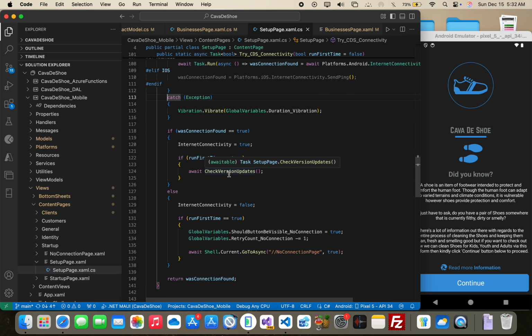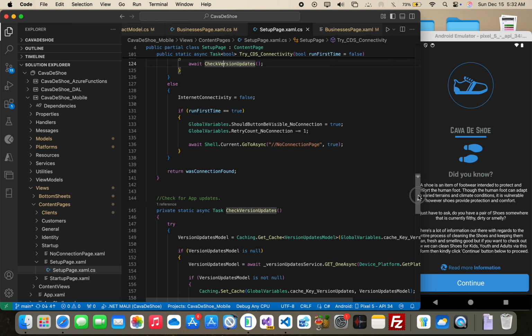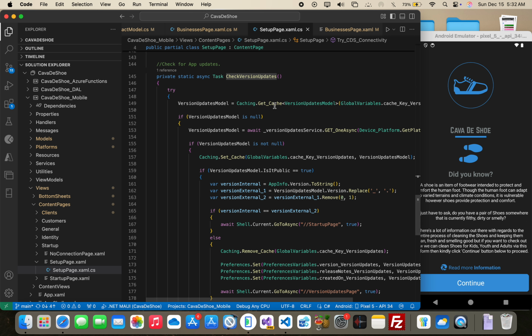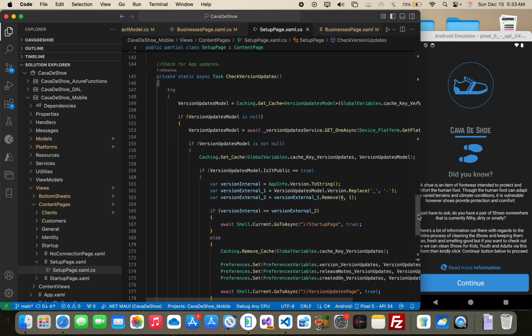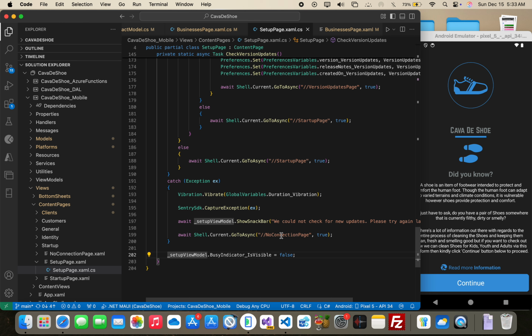If we were able to do our things correctly, because either way, if the connection was found, right, it's gonna go and check. It's gonna call this method to check version updates. Then I'm hoping it's gonna go and really check, connecting to the caching, go to the web API if there's a need. If you look at this method, there's no way we are disabling it because we need to try to do the work first, right? And once we are done, outside try and catch, we're gonna say underscore setup view model, that dot base indicator, I need you not to stop showing that. After everything, even if there's an exception in here, even if there's exception,